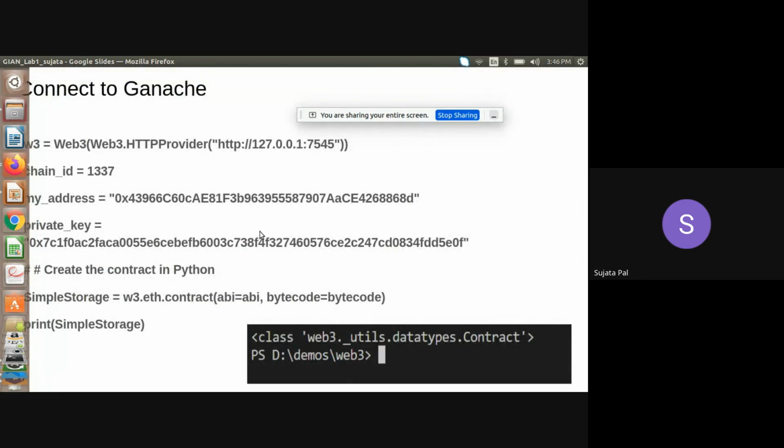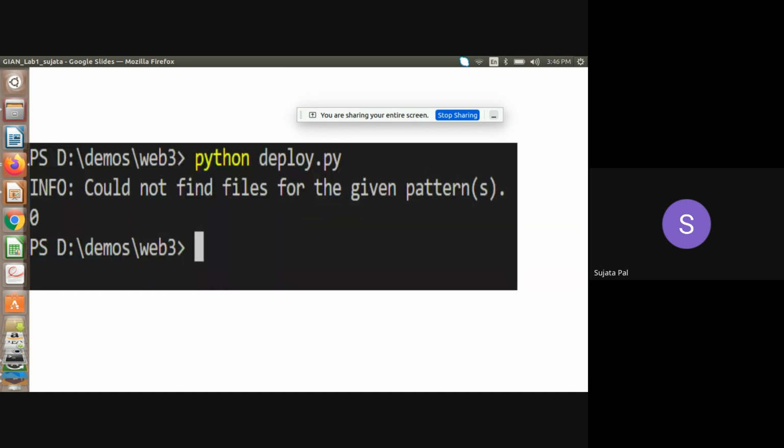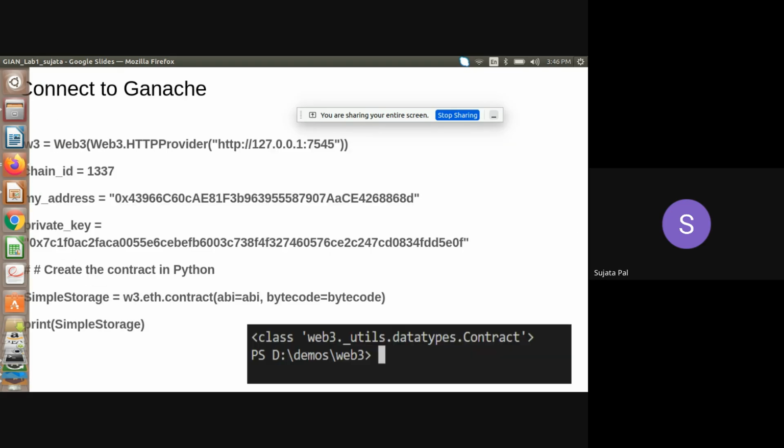Now this is how we connect to Ganache. It is the Web3, this is just a variable name. In Web3, we will provide the RPC server name. This is the chain ID. In my system, when I used it, it was 1337. Right now, it might be showing 5777 on your system. This was my address where I deployed it, and this was the private key of Ganache only. I'm not providing you my wallet's private key. This is the private key of Ganache only.